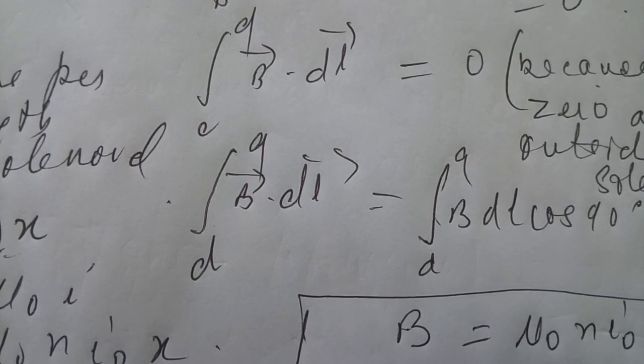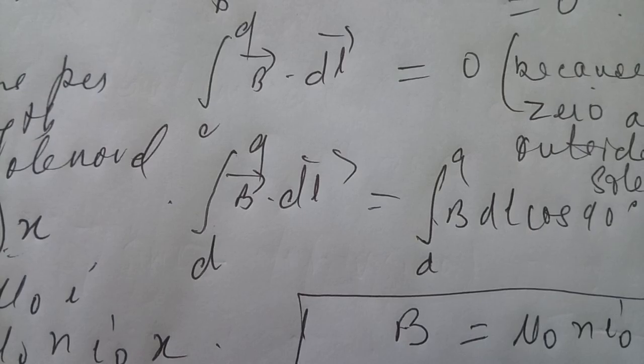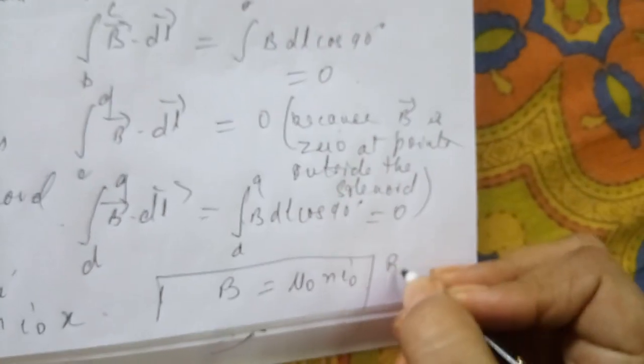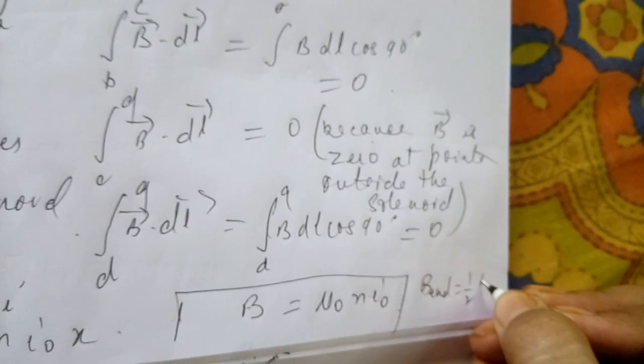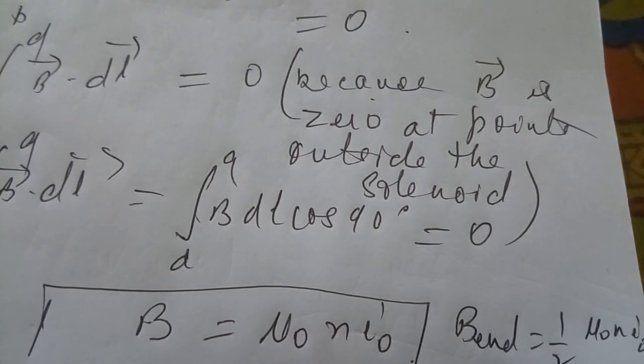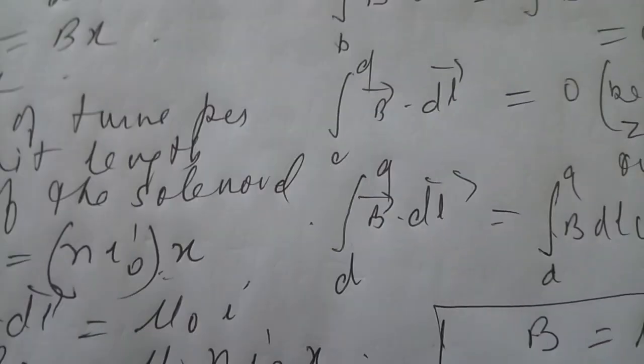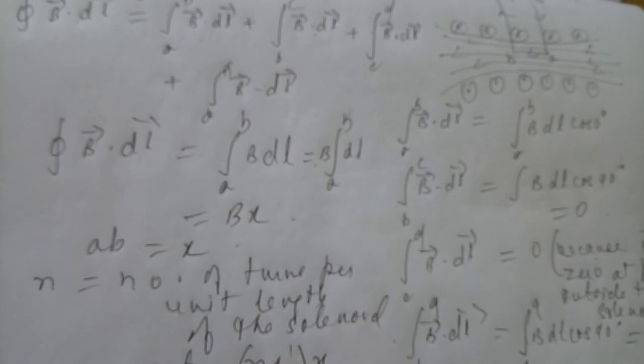Suppose we want to find the magnetic field at the ends of the solenoid. Then B at the end can be written as half of mu naught n I naught. So the magnetic field at the ends of the solenoid is half mu naught n I naught. This is very important to understand. Once we understand the magnetic field due to a long solenoid, we can easily do the numerical problems. To do them, we need to know the formulas correctly. If we know the formulas, we can apply them.